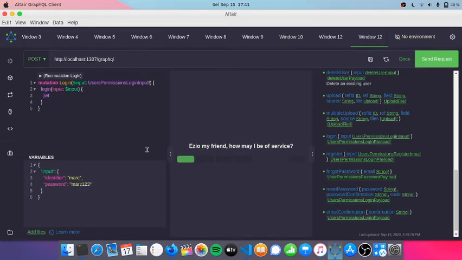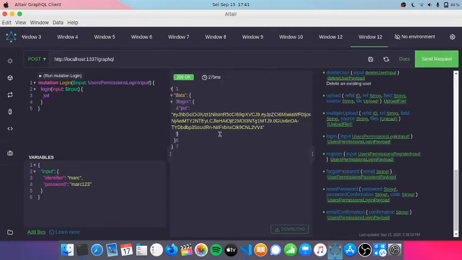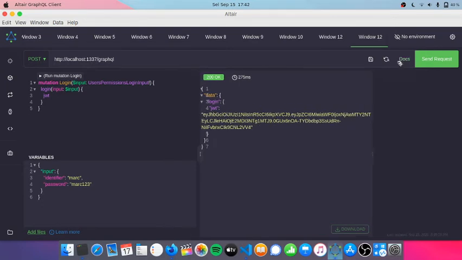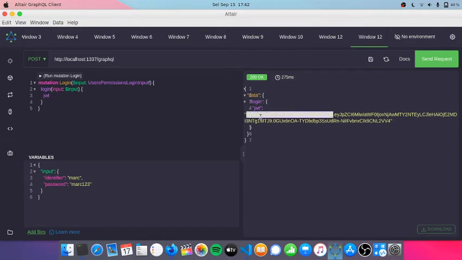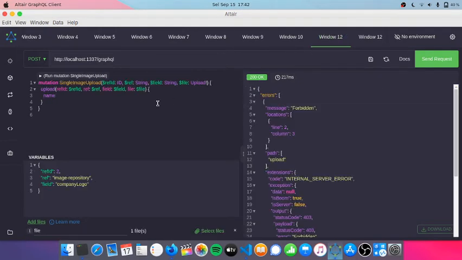password. And you might be wondering, do I have to put provider here? Actually not. So I will just skip it, send request, and we got the JWT token. Somehow I cannot copy and paste it. Copy this, go to the previous window